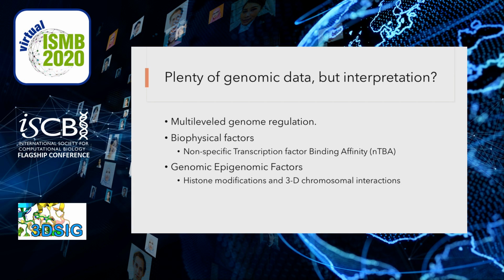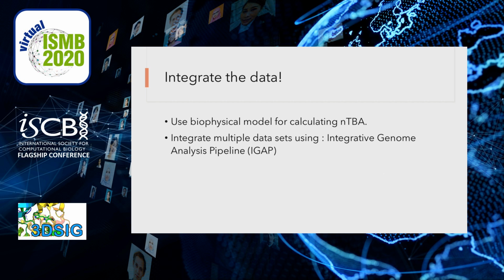We know that the human genome is regulated at multiple levels, while biophysical factors like non-specific transcription factor binding affinity (NTBA) act at the DNA sequence level. Other factors act above sequence levels, such as histone modifications and 3D chromosomal interactions. Any single dataset is less powerful to explain the multidimensionality of regulation, while integration of these datasets can reveal many interesting